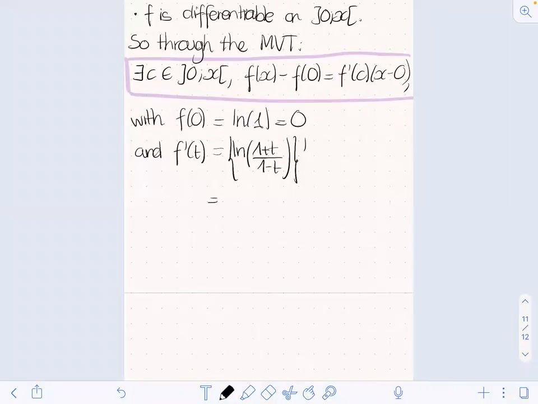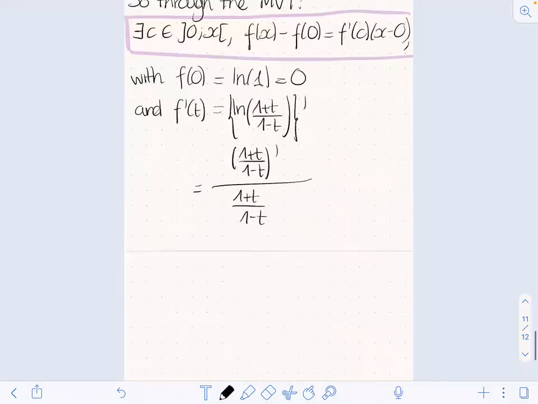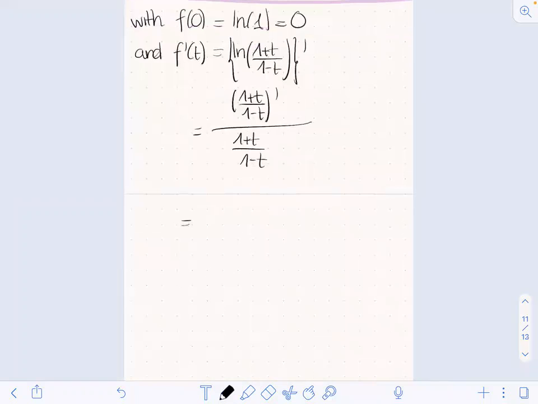So you end up with ((1 plus t) divided by (1 minus t)) prime divided by (1 plus t) divided by (1 minus t). So we just need to derive that fraction now, and we end up with (1 minus t) plus (1 plus t)